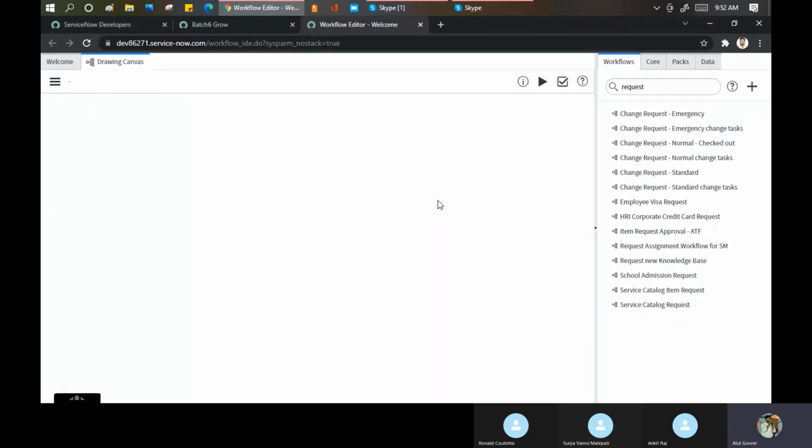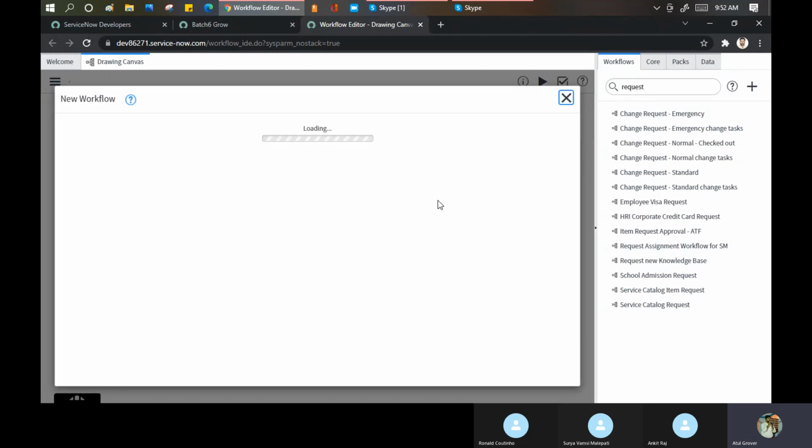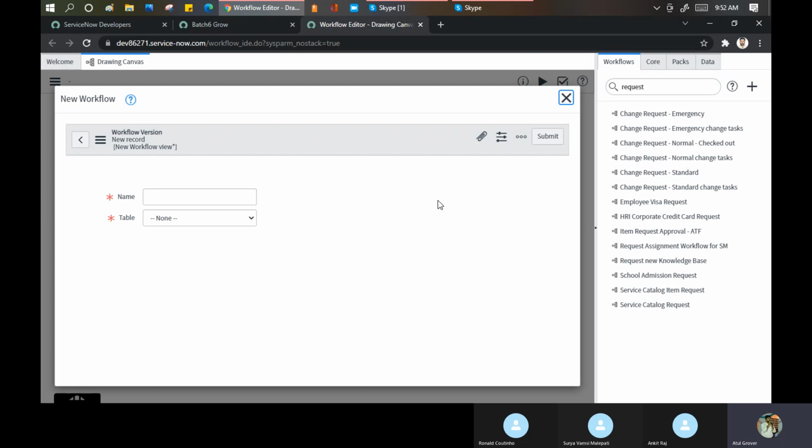Okay, so when I say the new one, the benefit is that it is completely drag and drop. It doesn't require much writing. It's not required any kind of writing stuff. No, it is just a drag and drop. But you will see, Atul, if this is drag and drop, then what is coming in the Flow Designer? That is more advanced, I can say.